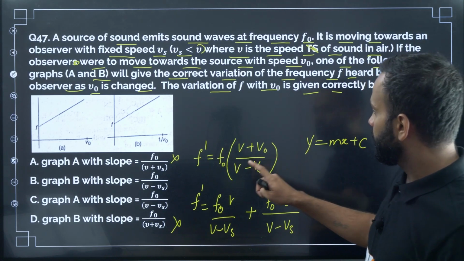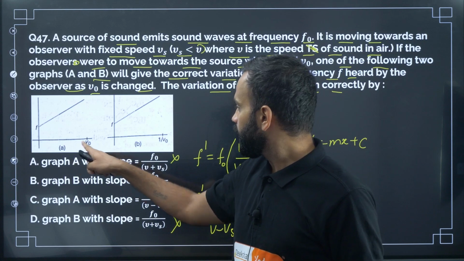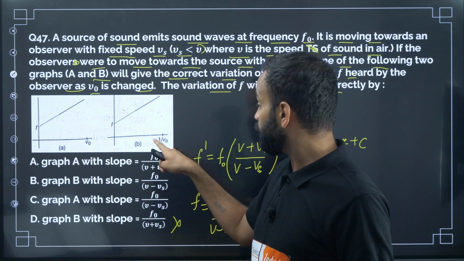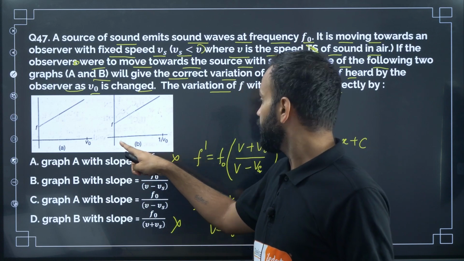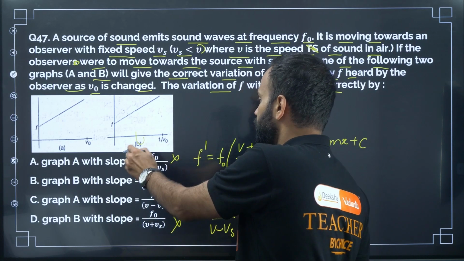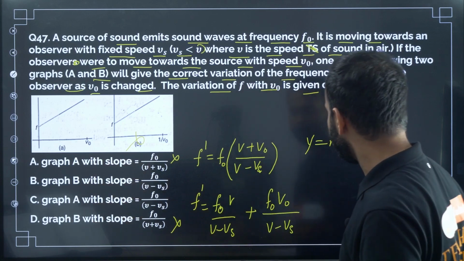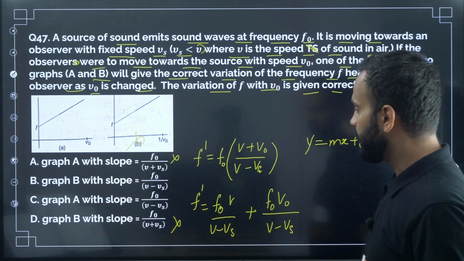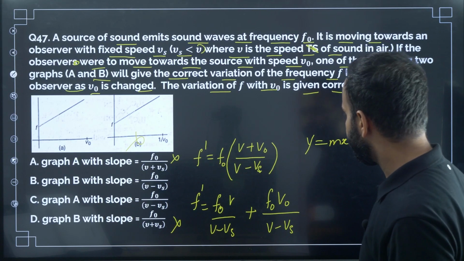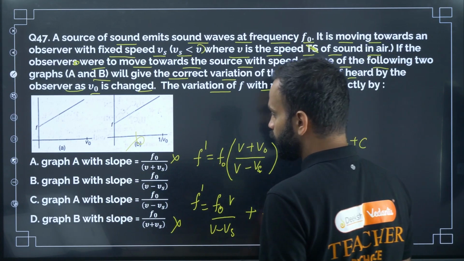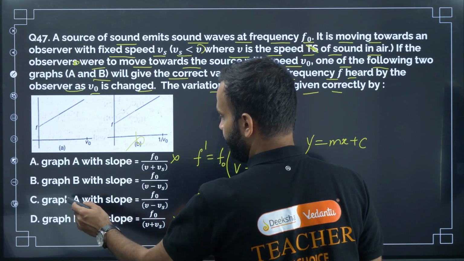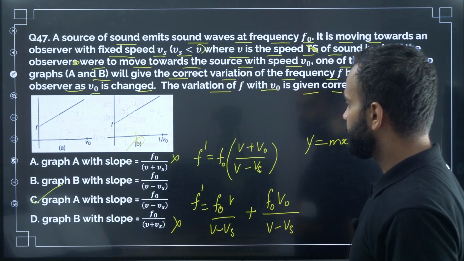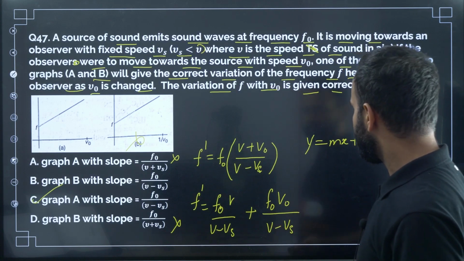Here in graph A, V0 represents the x-axis, while in graph B, 1 by V0 represents the x-axis. So graph B is wrong, and graph A is correct. What is the slope? The slope will be f0 divided by V minus Vs. So the correct option is C, f0 divided by V minus Vs. Next question, question number